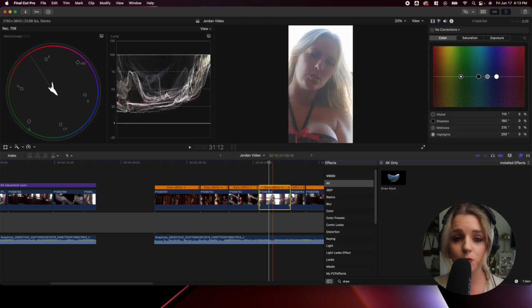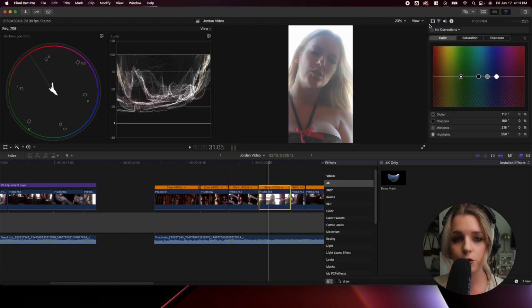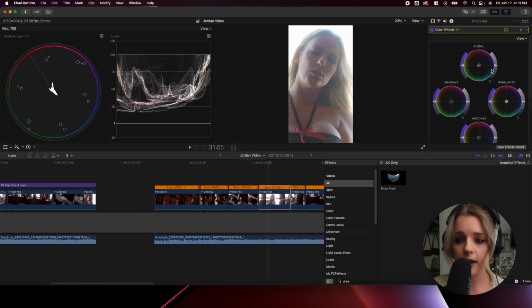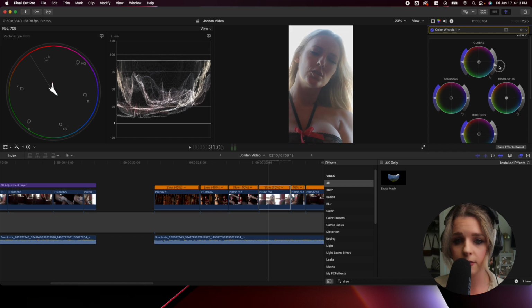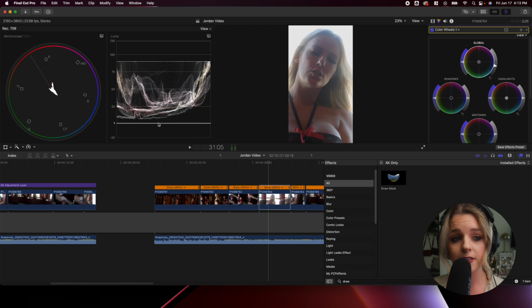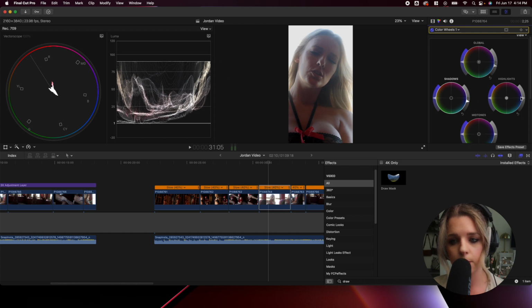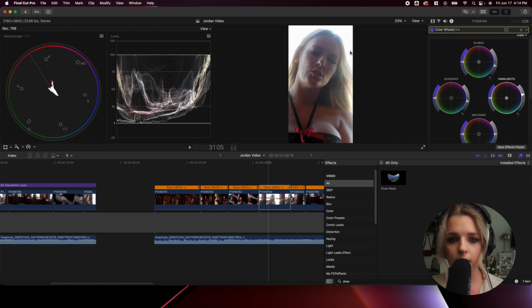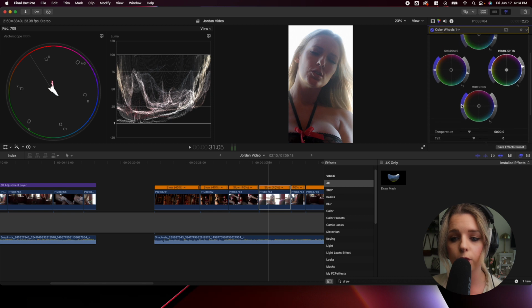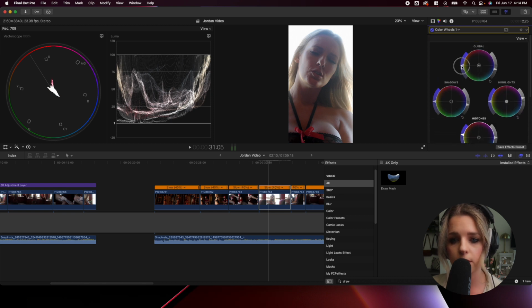Okay, so for this one, it is really bright just because I was shooting right up against the window. So I am going to go over to my color wheels. And the first thing that I'm going to do is make sure that this entire exposure is just down here. And then as you can see in my LumaScope, the shadows are not quite touching number 1 or 0. So I'm just going to bring that down just a little bit. And then my highlights can actually move up a little bit too. Okay, so the highlights and the shadows look fantastic. Now let's go ahead and move on to the saturation. I'm just going to move this over a little bit.